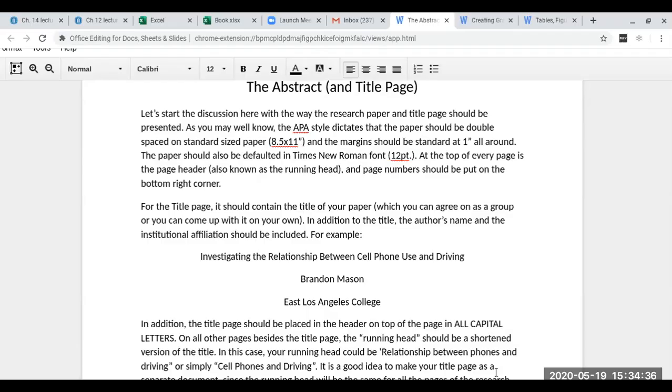So after the four main, right, so we have the title page, then we have the abstract. Then we have the four main sections of the paper in that order: introduction, method, results, discussion. Then right after the discussion section, on a separate page, is your references. Your reference section is its own page. You already had that in the beginning of your